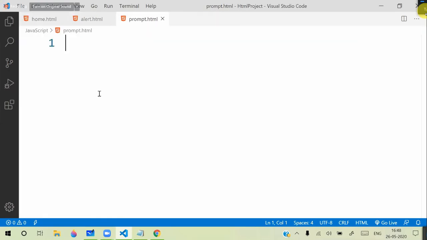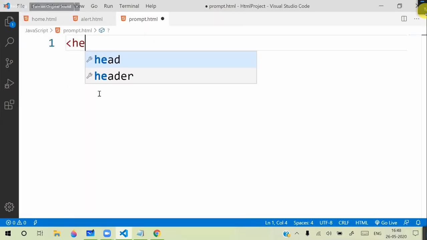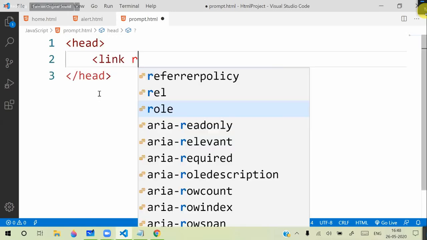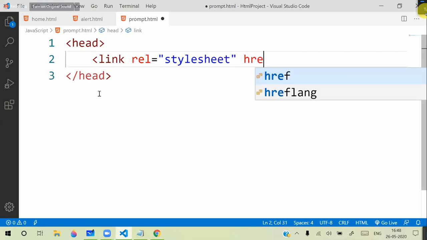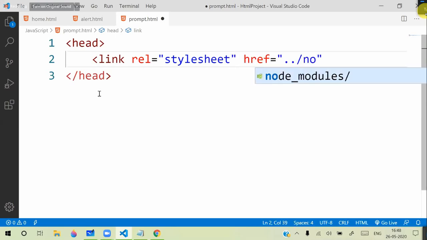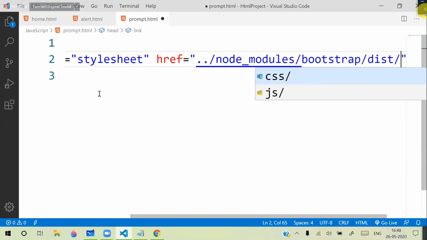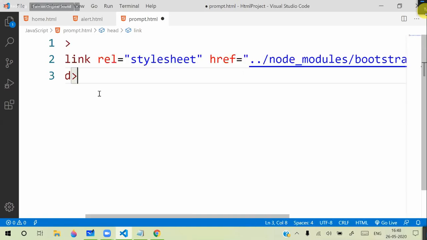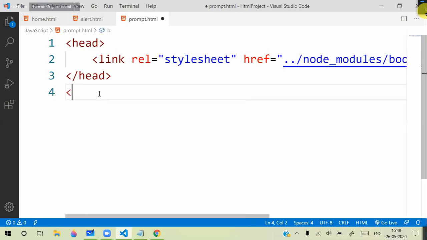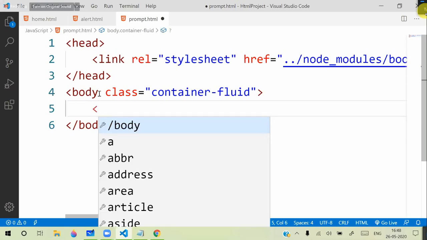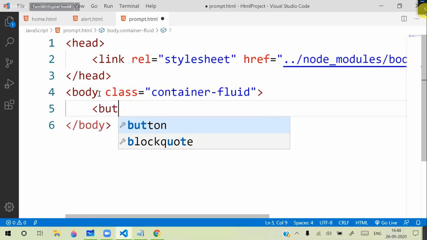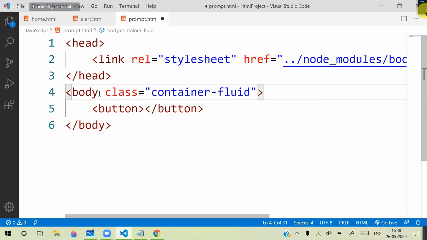Here I am designing a simple head section and a link with rel stylesheet and href pointing to node_modules/bootstrap/dist/css/bootstrap.css, right? So body, and inside the body we have a class container-fluid. Okay, and here we are adding a button, and here we are defining the